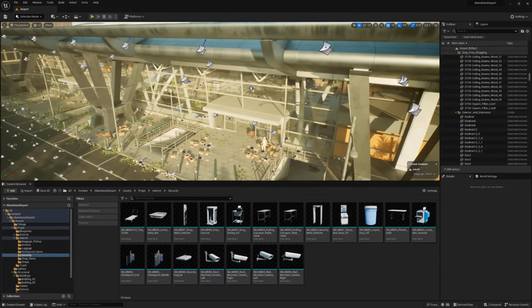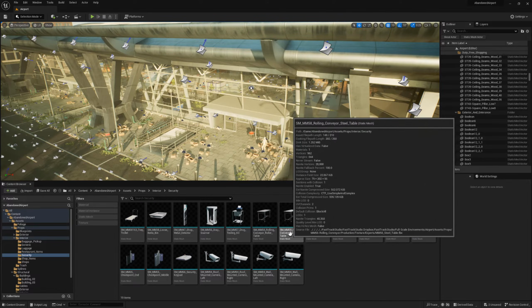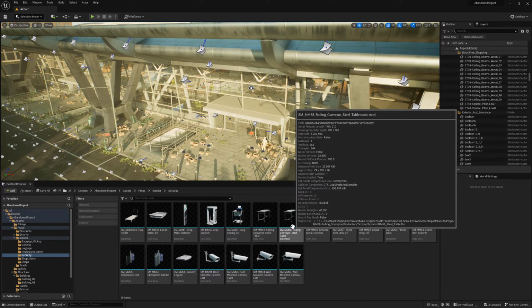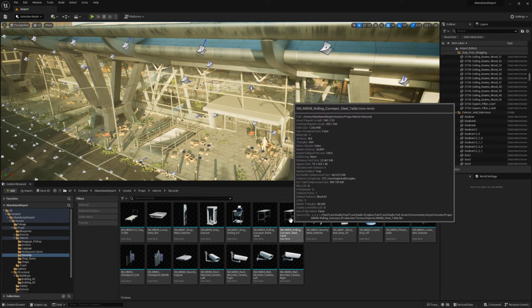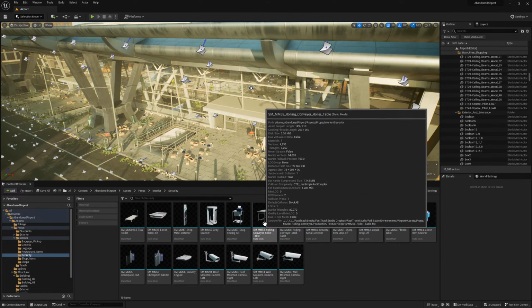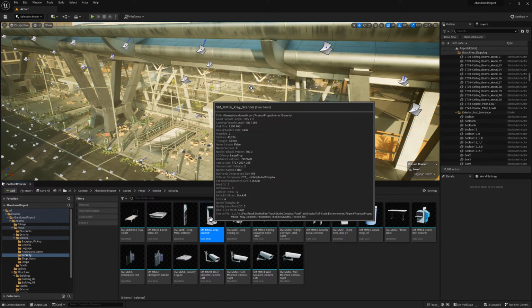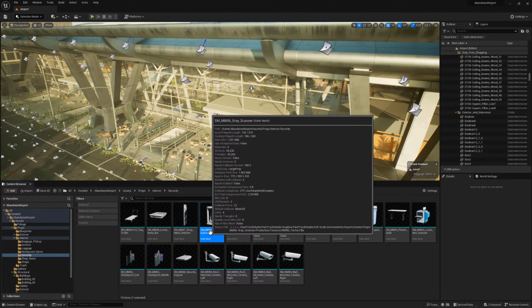Now something that you might notice is that these assets all come with a very specific name. This name consists of an ID, and next to the ID it will also consist of a logical name so that you kind of know what the asset is. Of course, all of our assets also have properly generated thumbnails. So here you can see that, for example, if we grab this one, the X-ray scanner, it starts with SM,